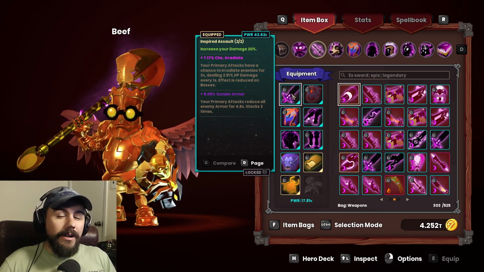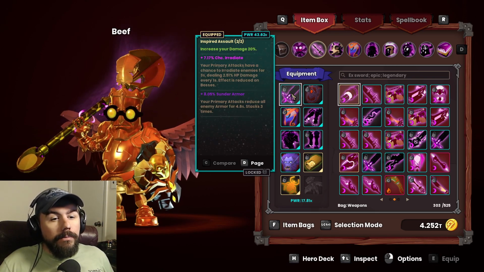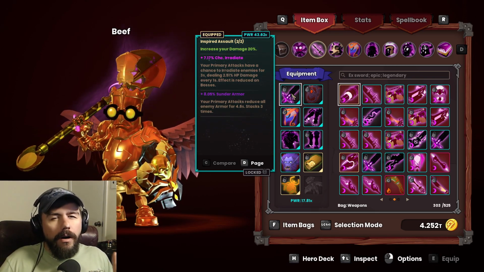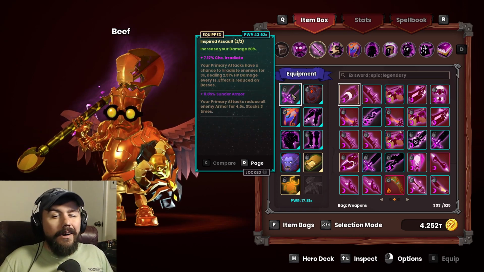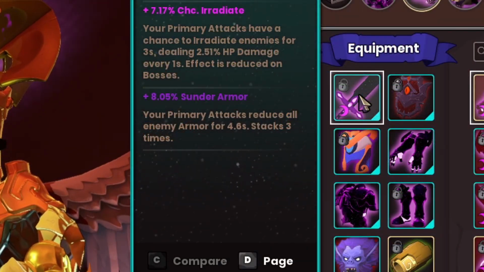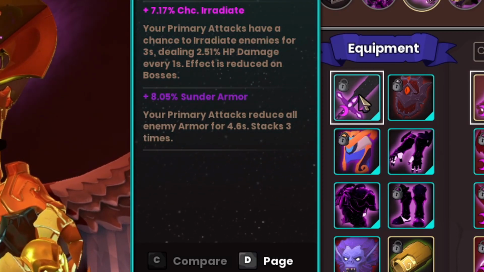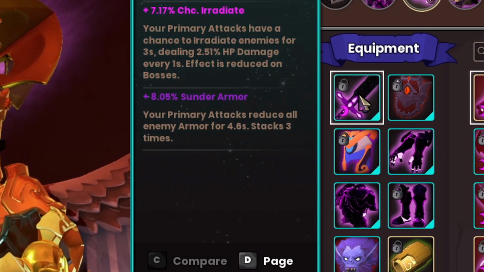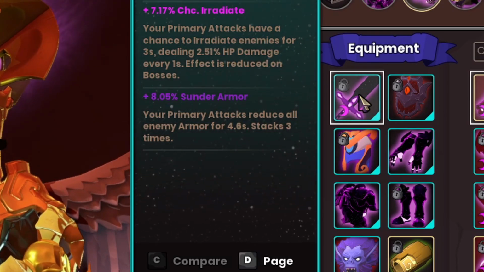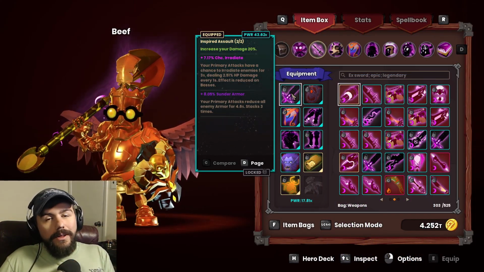Unfortunately, it's rare. These purple bonuses appear to be the rare bonuses, and the blue ones I assume are uncommon, and the green ones are common, so you may not see Sunder Armor much. Your primary attacks reduce all enemy armor for some number of seconds, and I'm assuming it always stacks 3 times. This one in particular stacks 8.05% for 3 times, so a total of 24%, and it's straight up a 24%